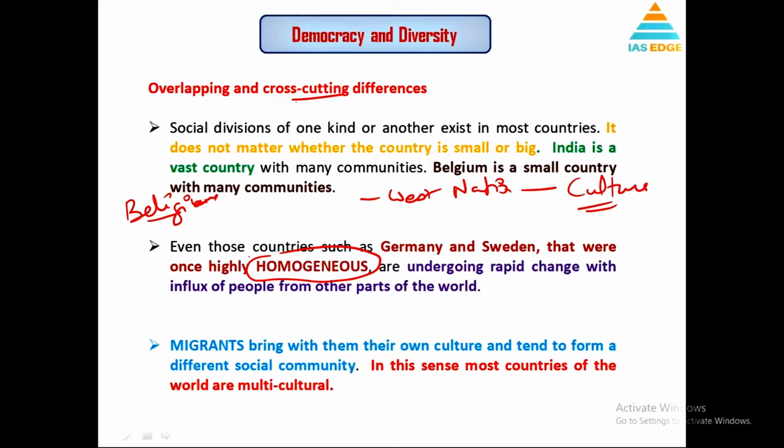Because they say Asian: India, South Asia, Bangladesh, Pakistan. For them, everybody is equal. Okay. Now the point I want to make here is that all these countries were probably homogeneous, except the USA. They had mostly one kind of population. But when dynamics changed, the influx started happening, globalization started happening. People started moving from different parts of the world to this part,